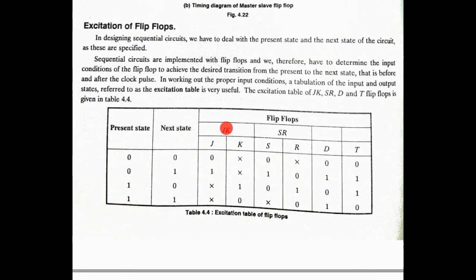Now we find J and K. For JK, when present state and next state are the same, it means there is no change, so this is set 0. We don't care about K. When present state is 0, next state is 1, this is a set, so J equals 1. When 0 0, there is no change, so 0. When present state is 1 and next state is 0, this is reset, so K equals 1. And in case of present and next state both 1, then K equals 0. Similarly,